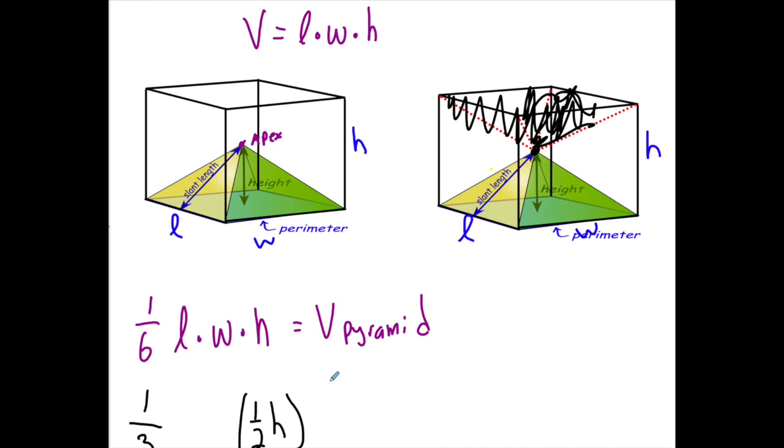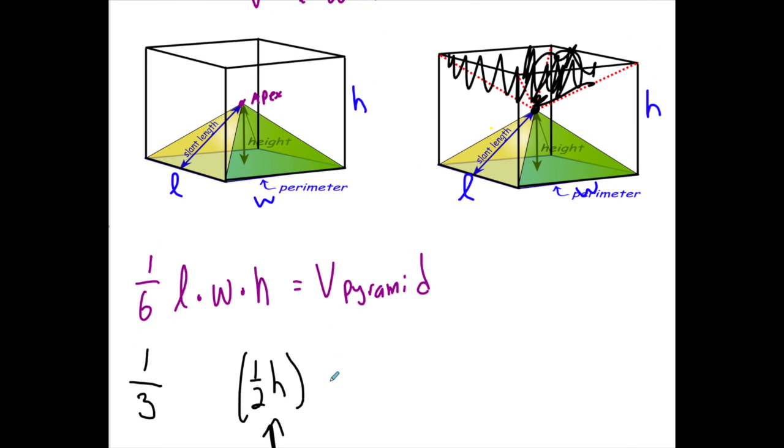Now remember, we know that volume is base times height. So let's see if we can find the base of the pyramid. And of course we can, because the length times the width of this cube is the same as the base of the prism. Okay, so the L and the W match up with the L and the W of the pyramid, so they don't need to be repeated. But what this tells us is that the volume